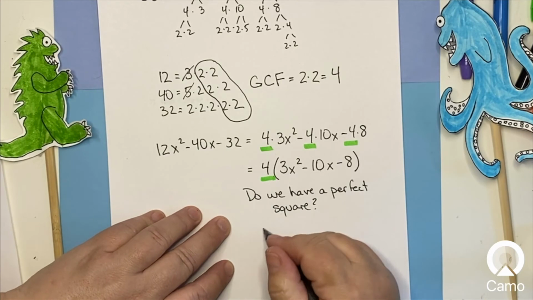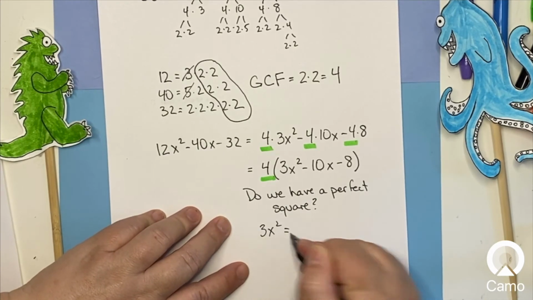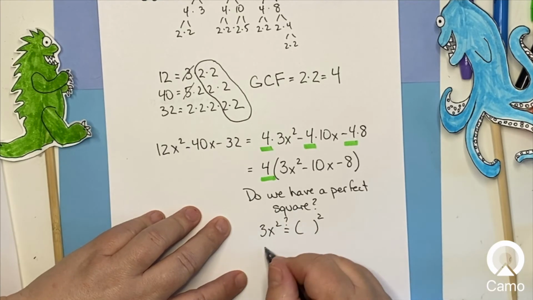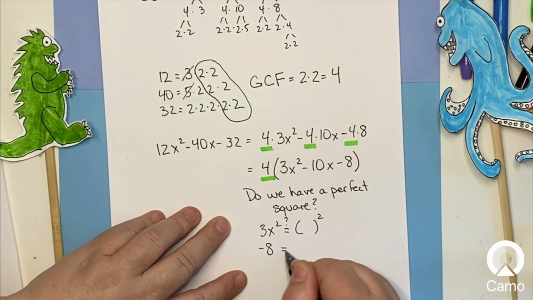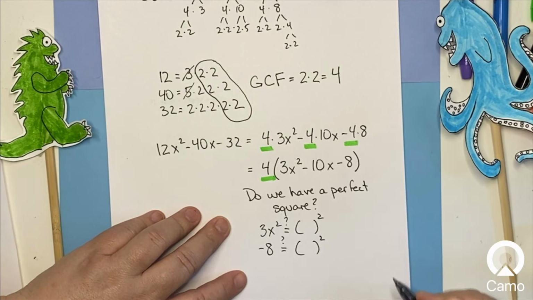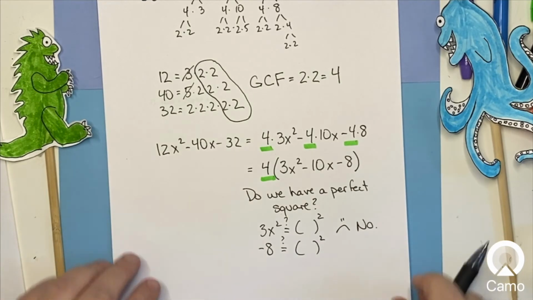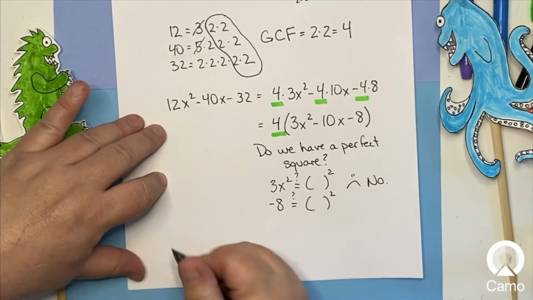So we look at 3x squared. Is that equal to something squared? And we look at negative 8. Is that equal to something squared? And we look at those two and we go, oh, no. Okay, so next up, we're going to try